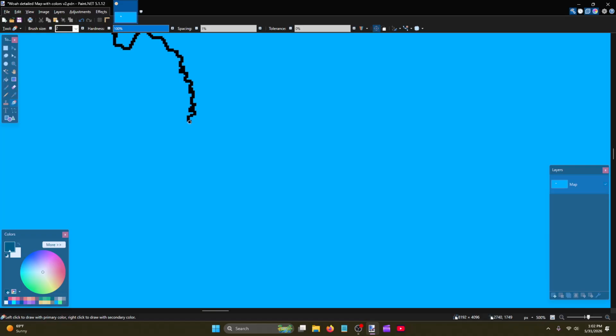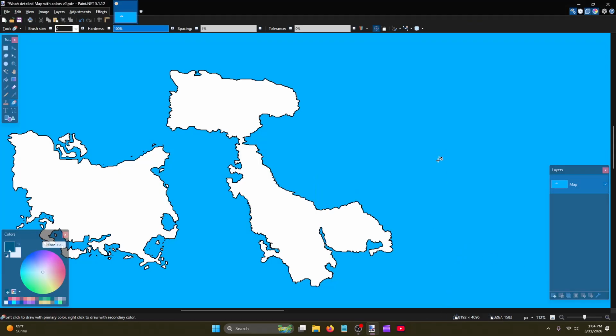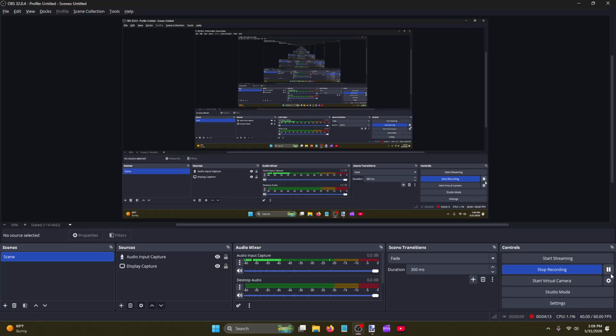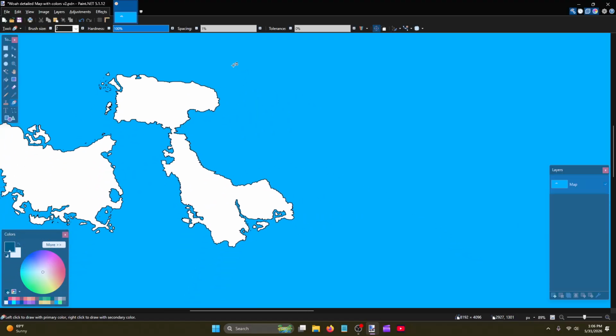yeah, it's just going to be kind of like very like spiky, I guess. And this is what the second big island is going to look like. And with adding a few islands, it looks better, but